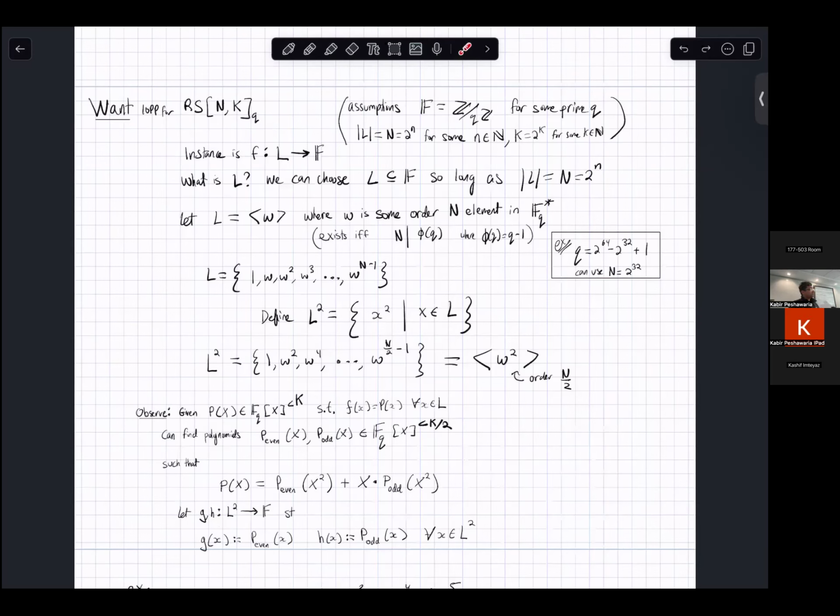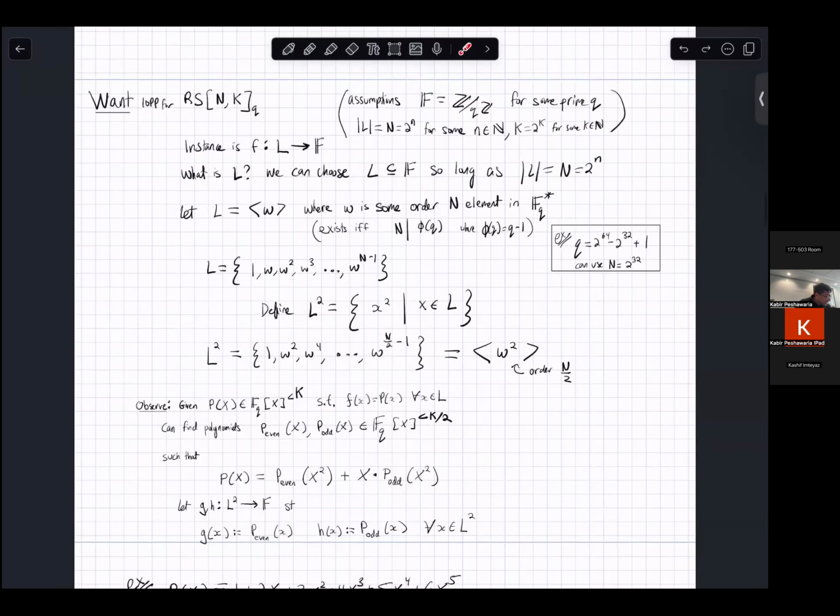But then what do you do about the X in front of F odd? Because that's still in the original. Yes, you're absolutely right. That's something that we need to be careful about, and we will have to deal with it. But the hope is that we could reduce this problem to a subproblem of half the size, and you're able to do this conveniently. I won't say right now, but I'll say later why it's nice that L to L squared is a 2-to-1 map. More on that later. I don't want to overload you guys yet.